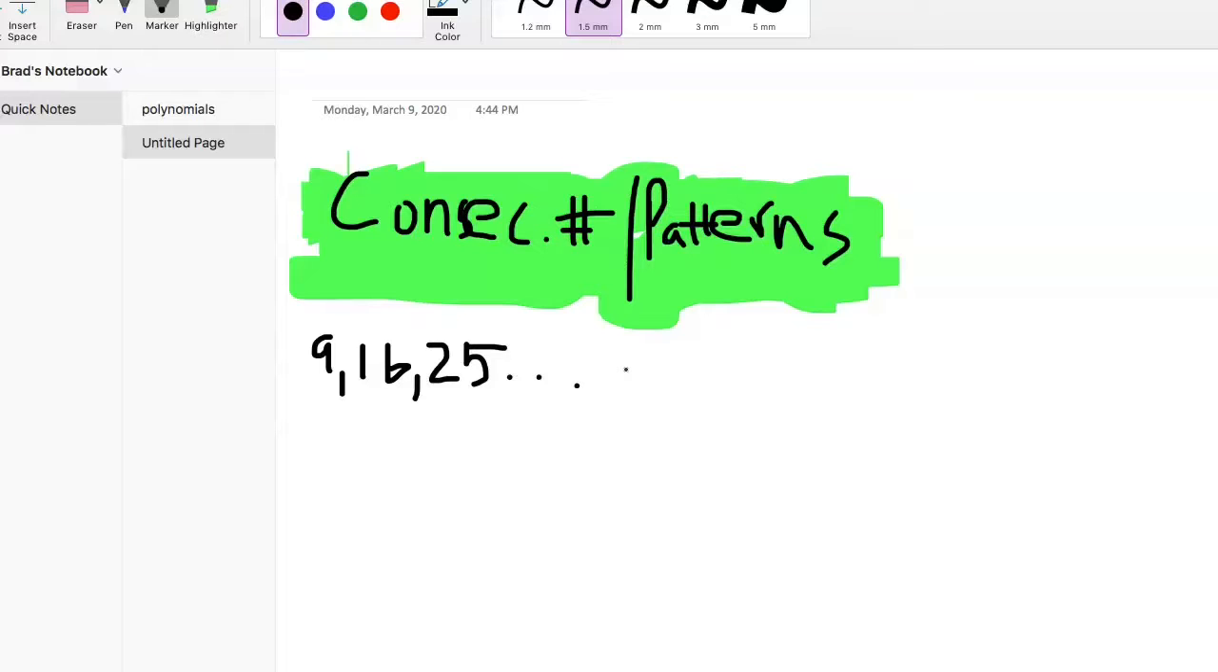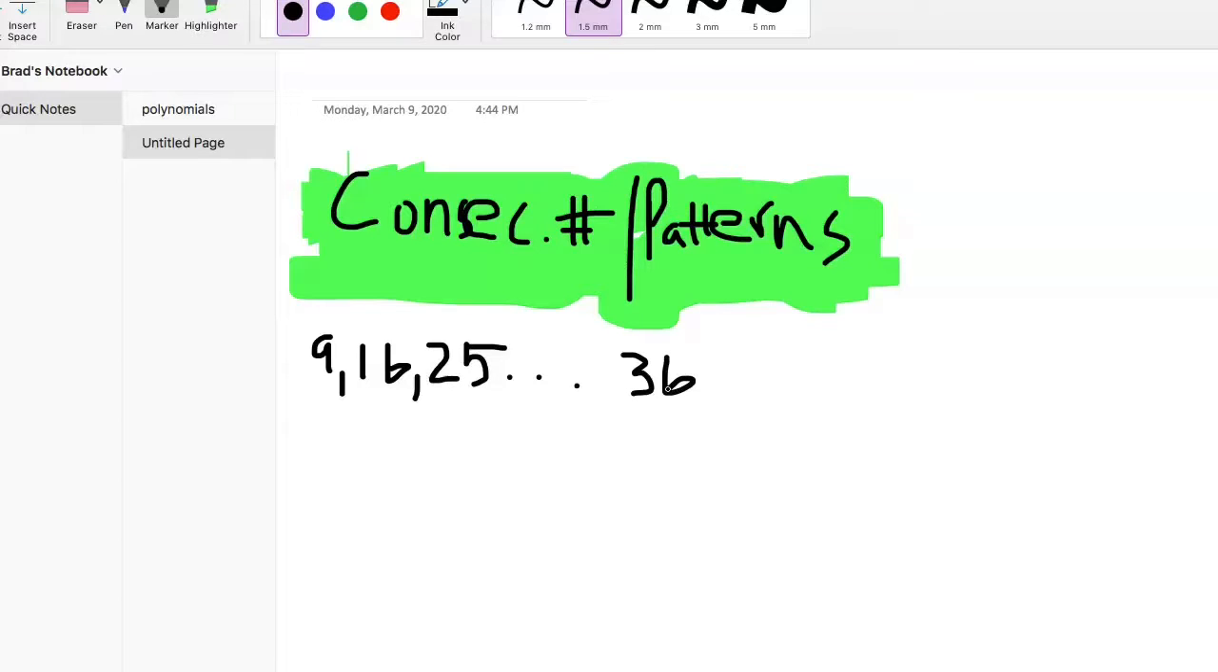So you see 9, 16, 25, right? And so, what's the next number in this? Okay, so in this one, what we're looking at is squaring the next number. So with 9, 3 squared, which is 3 times 3, equals 9. 4 squared, which is 4 times 4, is 16. 5 squared is 25. So we've gone 3 squared, 4 squared, 5 squared. So what do you think the next number is going to be? 6 squared, right? 6 times 6,